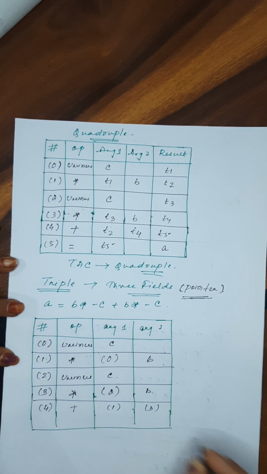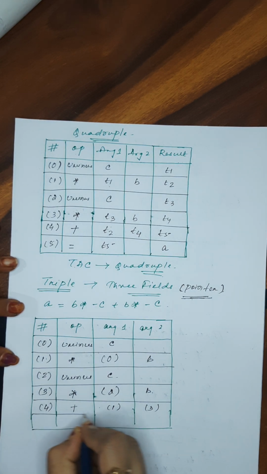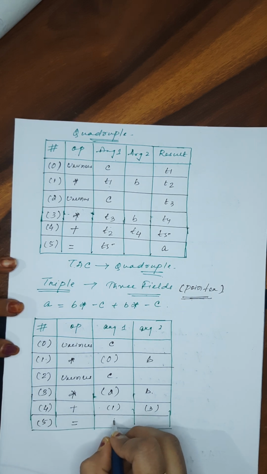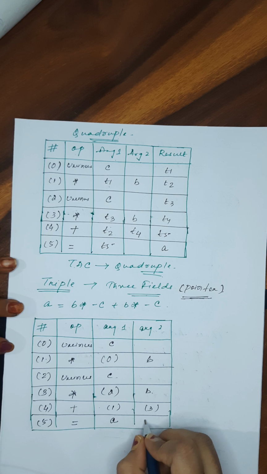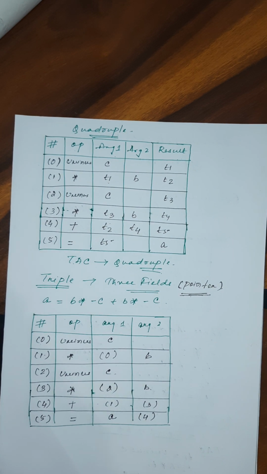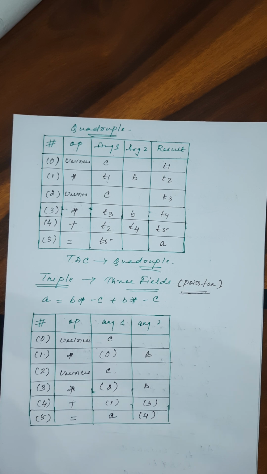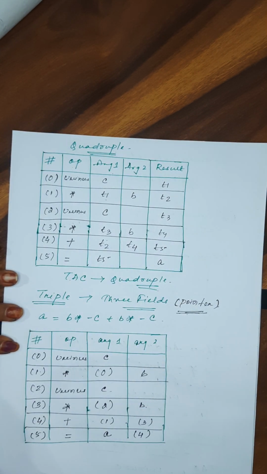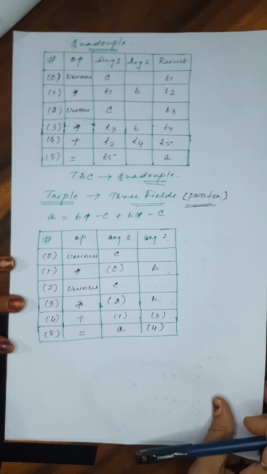And the last one, it's line number 5, is equal to, one argument will be A and another argument will be line number 4, which stores the entire expression. Okay. So, this is the difference between the quadruple and triple, 3 fields. Now, the last